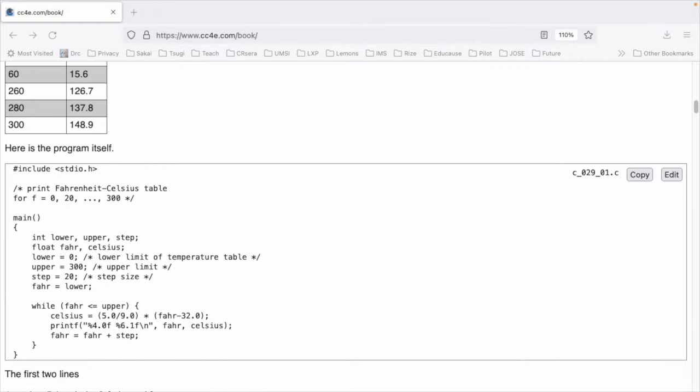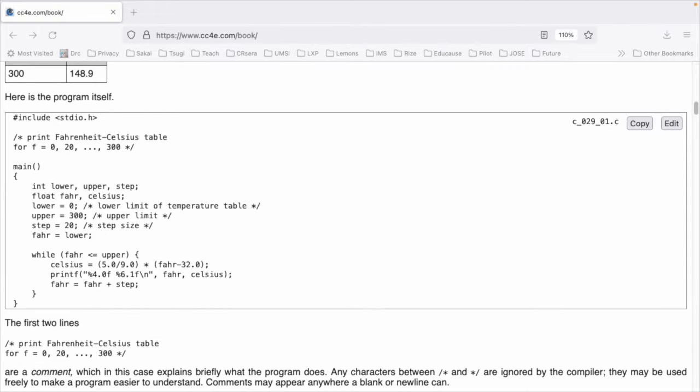Here is the program itself. For reference, this program is on page 29 of the textbook. It starts with #include <stdio.h> to include the standard library. Then it has a comment that says print the Fahrenheit-Celsius table for f = 0, 20, ..., 300. Then main() open curly brace, int lower, upper, step; float var, celsius;